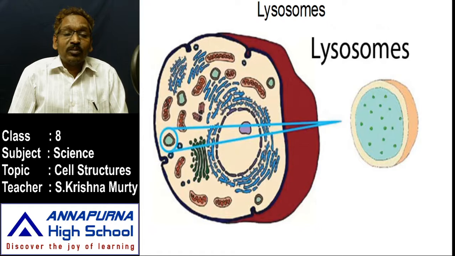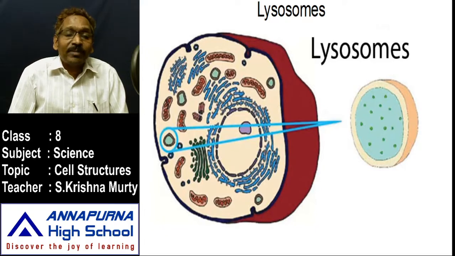If that material contains some foreign germs or some waste material, then immediately the lysosome dies itself, because the foreign germs should destroy the remaining cells also. To reduce destruction from foreign germs such as bacteria, virus or toxicants, these die themselves in the body. That's why we can say lysosomes are also known as suicide bags.